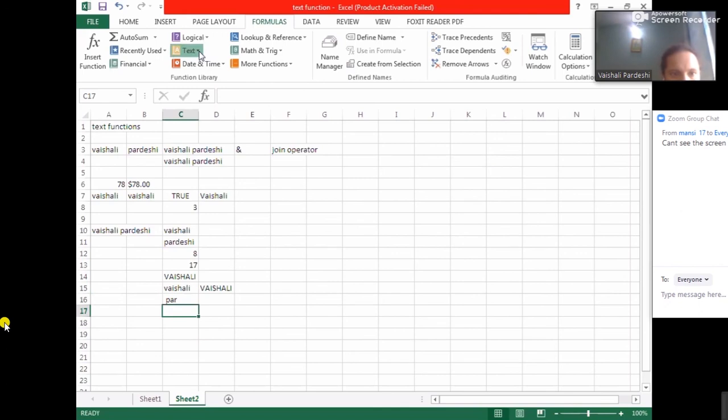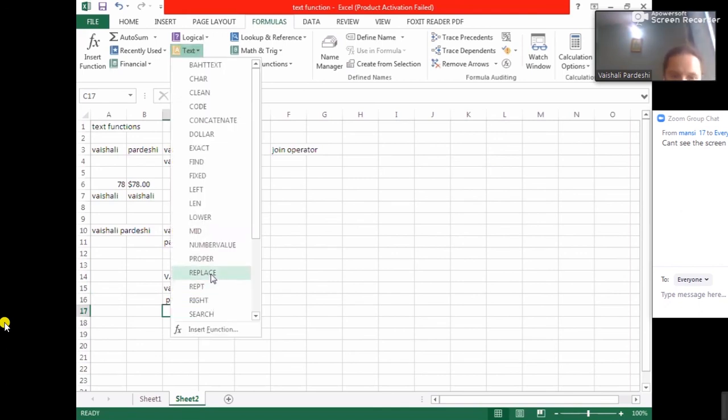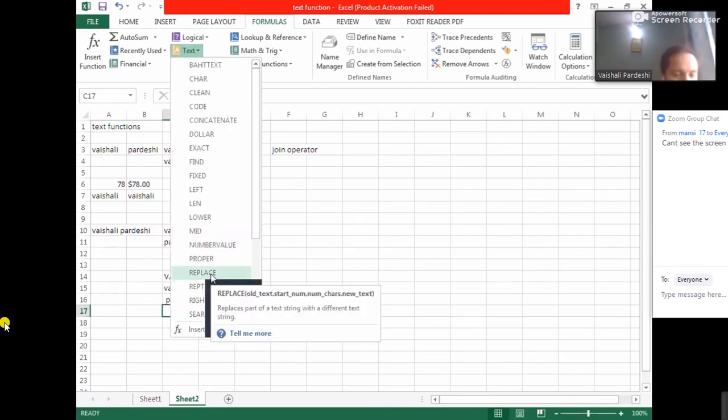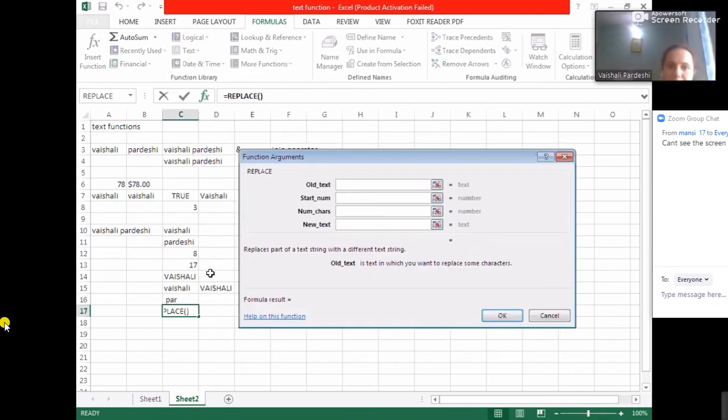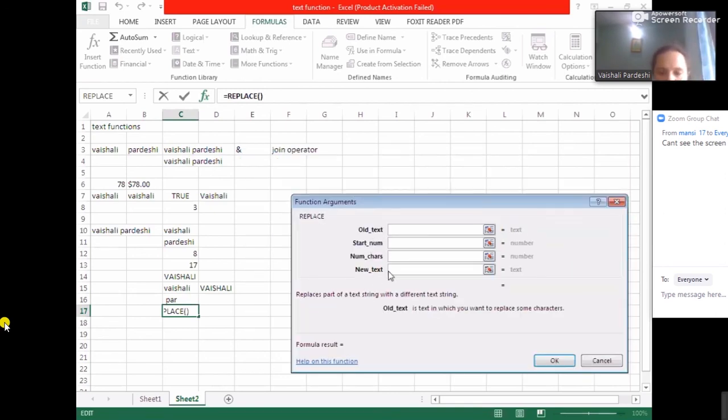Okay, a better idea is when you are learning the first functions for the first time and you don't know the parameters, always use this box, because this box always gives you what has to be done. Okay, so you will not make a mistake. Okay, replace old text. Old text is the text which you want to replace with some characters. So we had decided that we will replace this A, very small a.